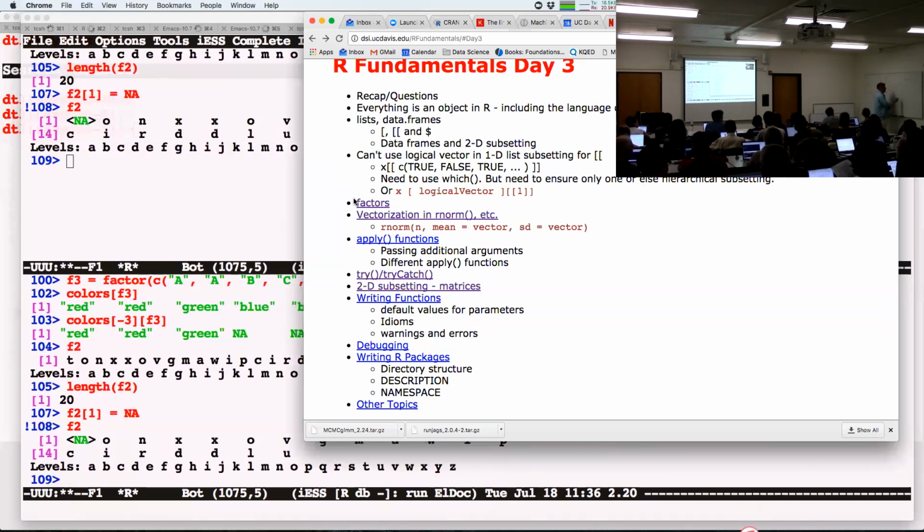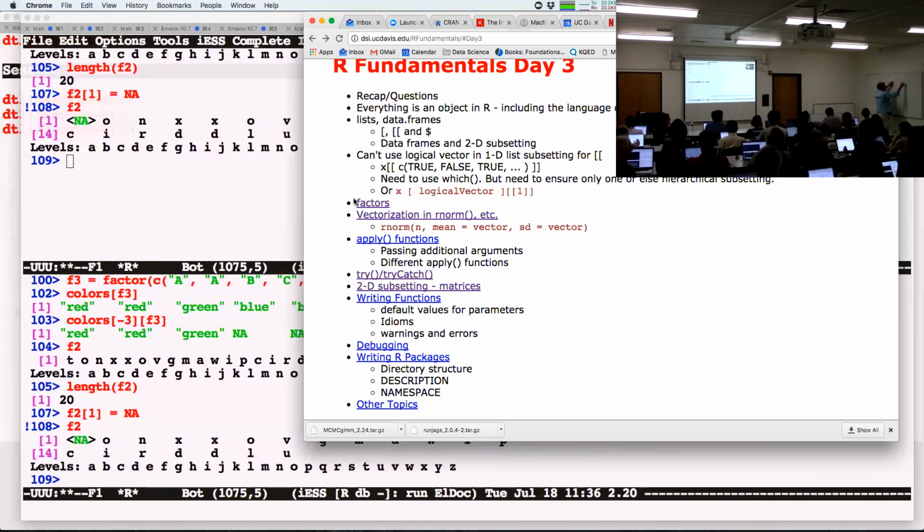There's another thing we can do, which is this. Here's x. Okay, here's any vector x, and we said, give me all the x's that are greater than 0, or greater than 10, or that are between this and that, or that aren't equal to a, b, c. Any logical vector. I get a logical vector like this.